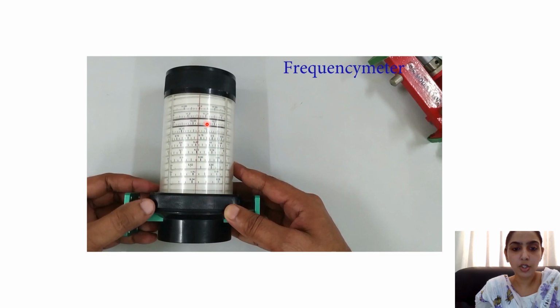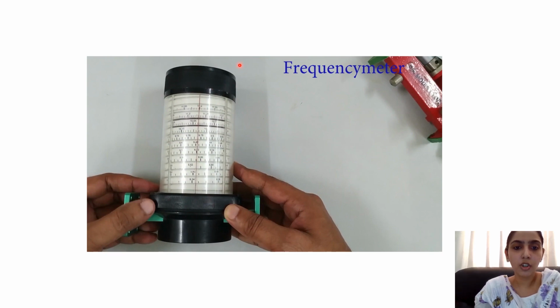So when we get a deflection in the VSWR meter, we should be able to read the frequency. You can see in this frequency meter there is a top part, and you can turn it around, in a clockwise or anti-clockwise direction. When you move it clockwise, these two lines will be pushed vertically upwards. Similarly, when you rotate the top part anti-clockwise, these two vertical lines will be pushed downwards. So these two black lines move vertically, either upwards or downwards, when we rotate the top part.